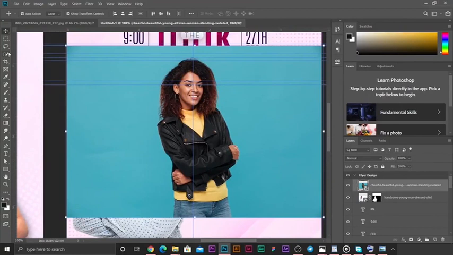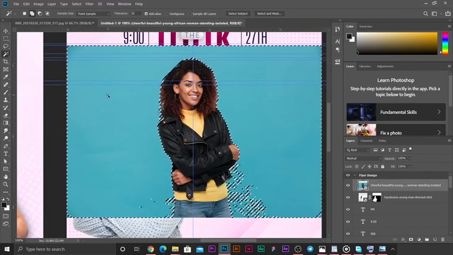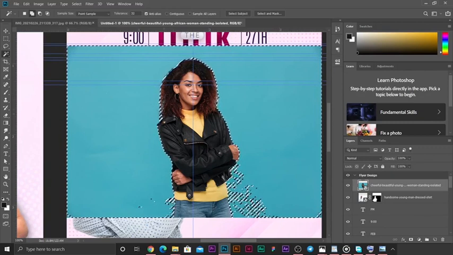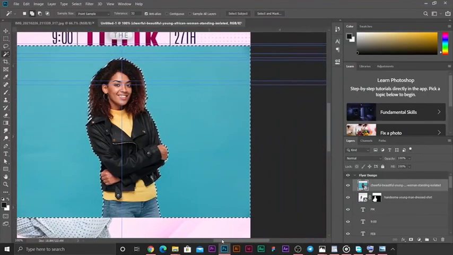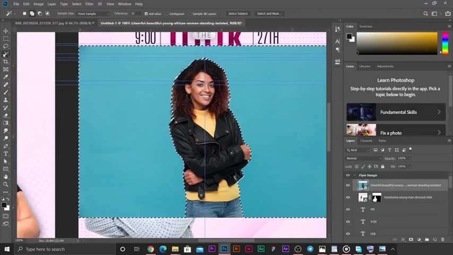So head over to the quick selection tool. We used quick selection tool previously. This time around, we use the magic wand tool. I'm doing all these things so you see how these tools can be used to cut images out of backgrounds. So as I just clicked with the magic wand tool, it instantly selected the whole entire background. Unlike when we are using the quick selection tool,